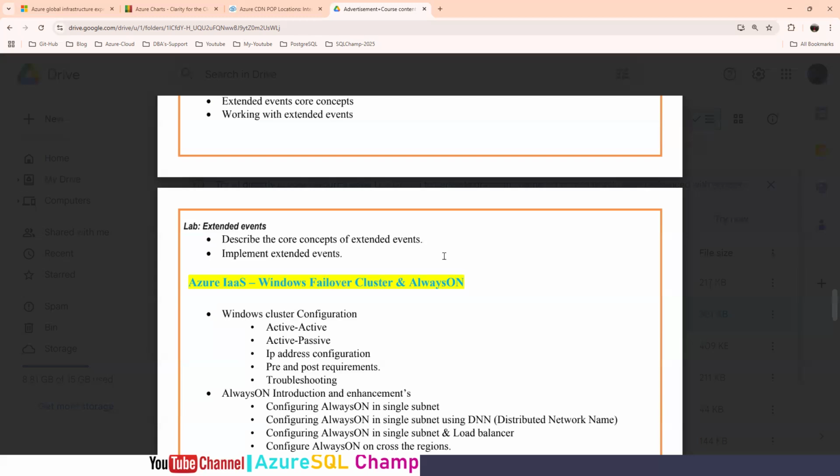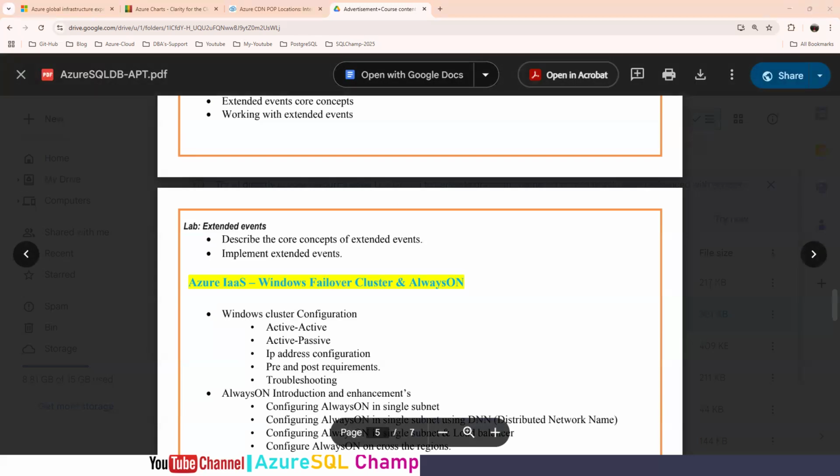Especially the people who do not have enough RAM or cores on their laptops and want to practice clusters, especially Always On availability group. Everything except clusters and Always On you can practice on your local laptop. You no need to worry that you don't have high-end machines. Log shipping, mirroring, replication, performance tuning, migrations, upgrades, everything you can practice on your local laptop. That's the one good thing especially with SQL Server.